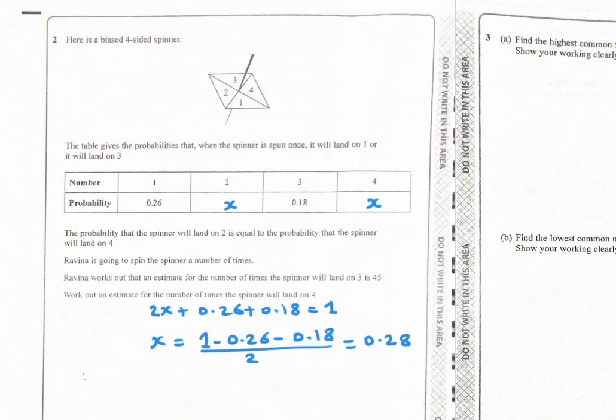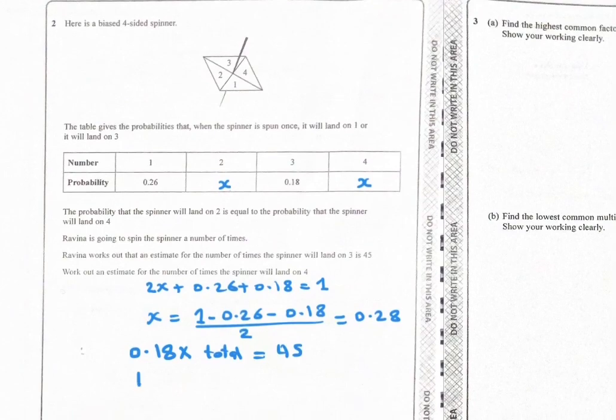Now to find the total number of times, it's given to you that an estimate for the number of times the spinner will land on 3 equals 45. So to find the estimate of the number of times it will land on 3, you have to multiply the probability of 3 by the total number to get 45. So 0.18 times the total number equals 45. So to find the total number, 45 divided by 0.18 equals